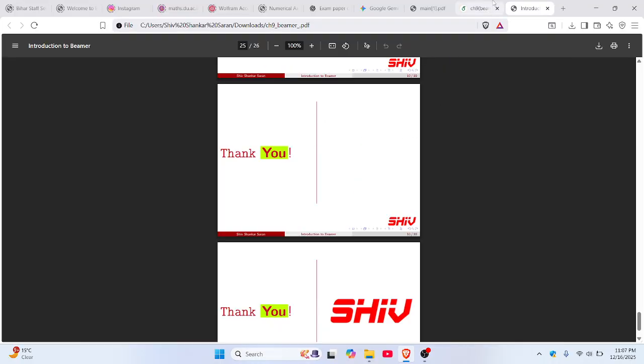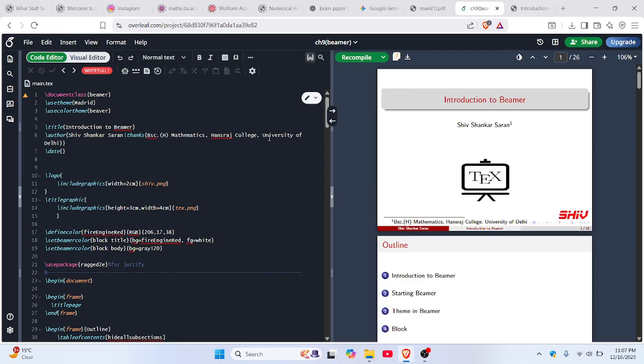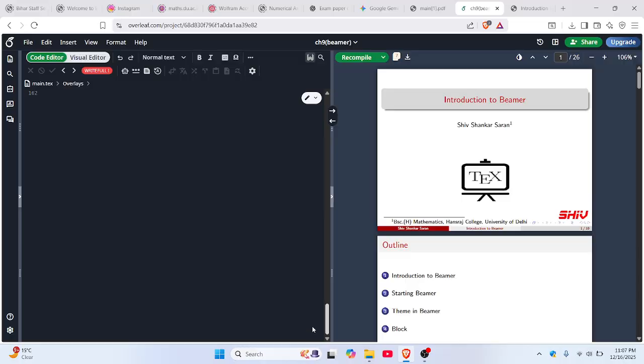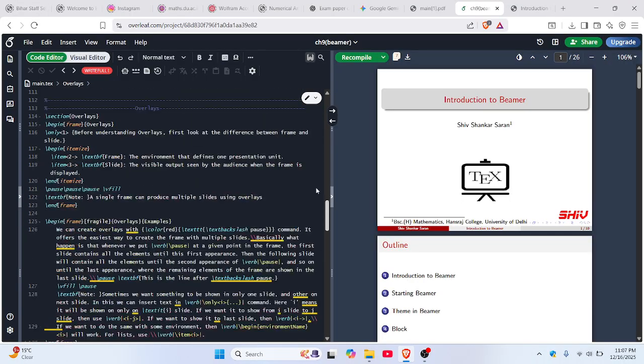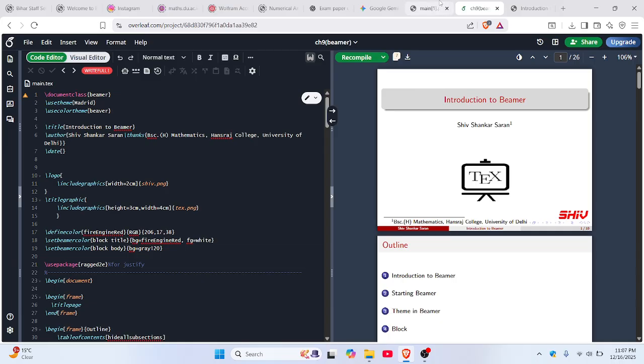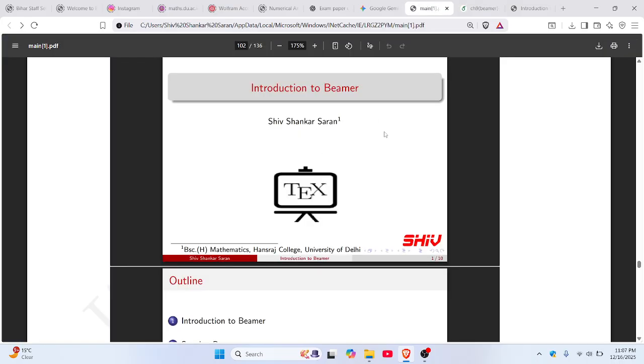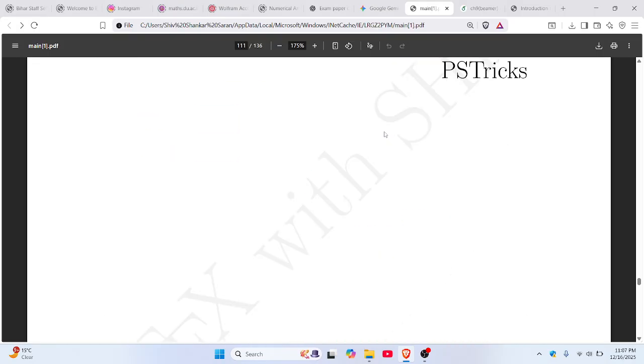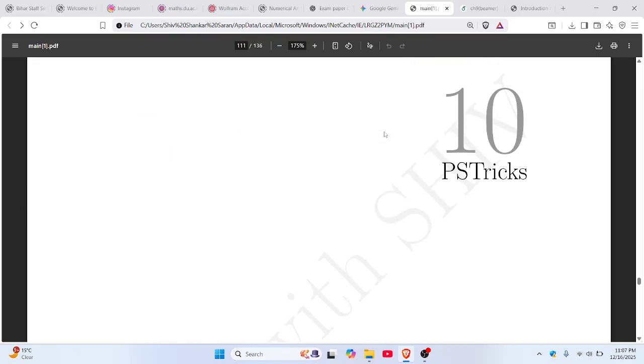You can see, this was my beamer. This is the code which I have used here. A very simple code, just 150 lines. And after beamer, only one topic is left, that is PSTricks, which will be discussed in the next